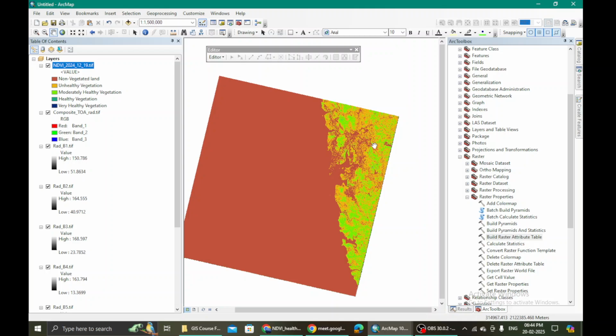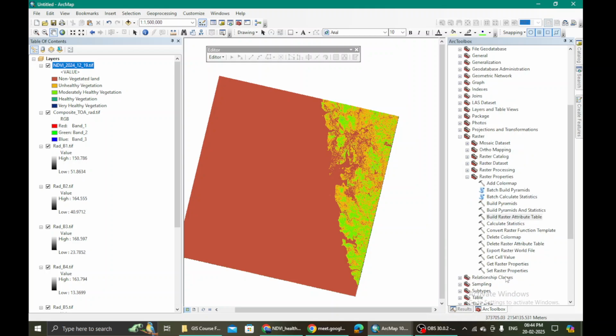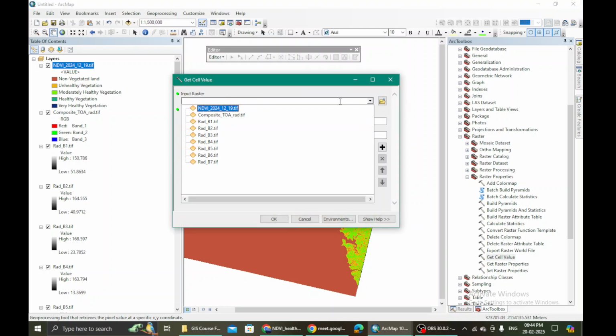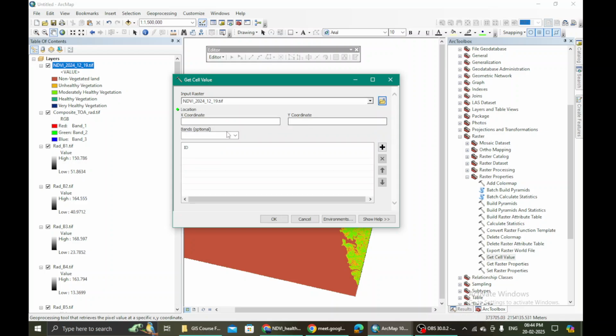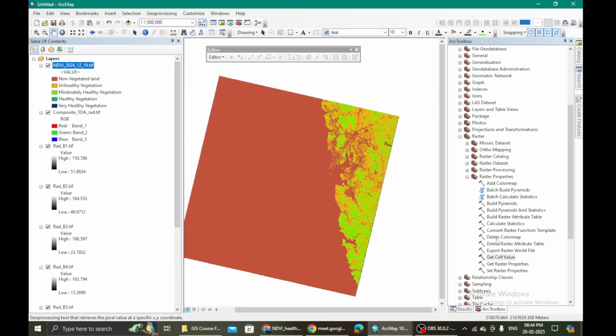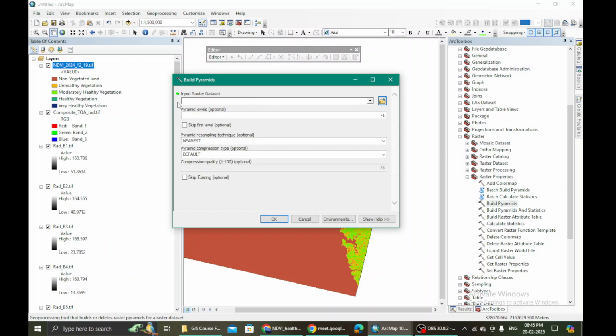Now let's calculate what is the area, for which that raster attribute thing is not working. So what we will do is get cell values. Let me just try this one. Get cell values. No, no. Build pyramids.